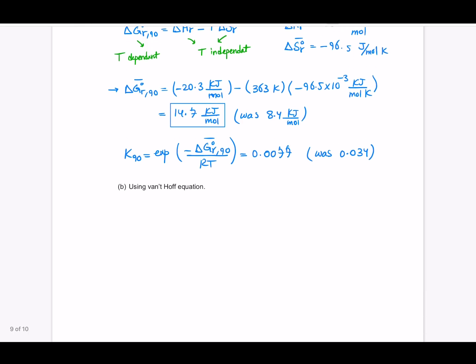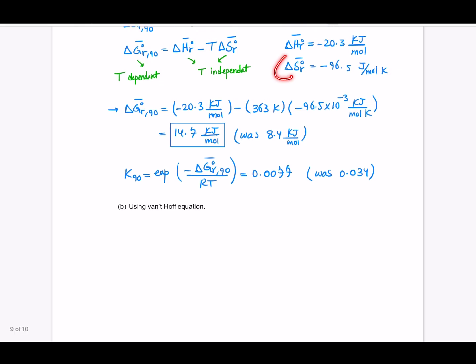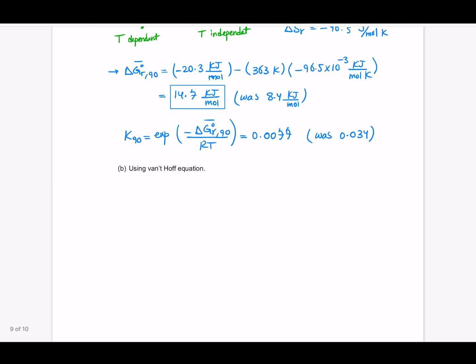And now we can do the same thing using the Van 't Hoff equation. Again, the good thing about Van 't Hoff is that it doesn't involve delta S. Here we were lucky that we had delta S, but it's not the case all the time. So in part B, we want to do Van 't Hoff for ln of K at 90 divided by K at 25